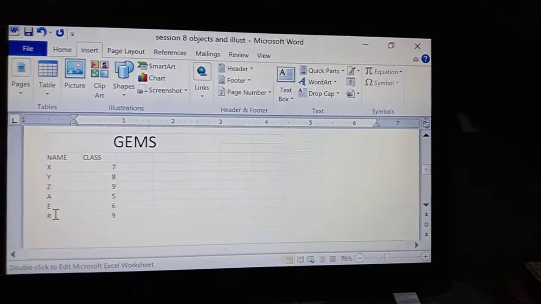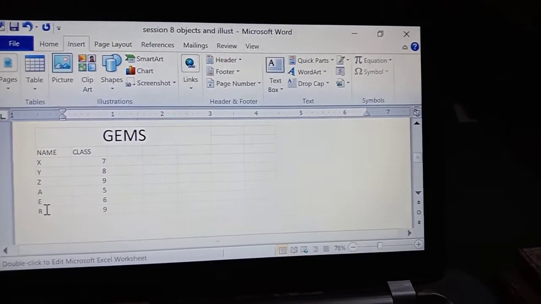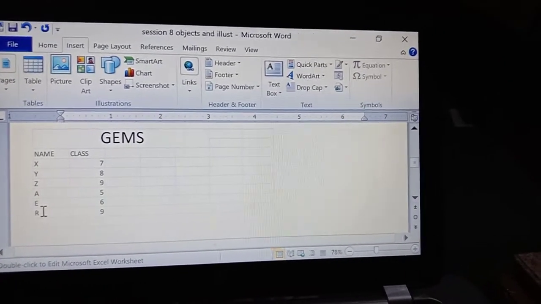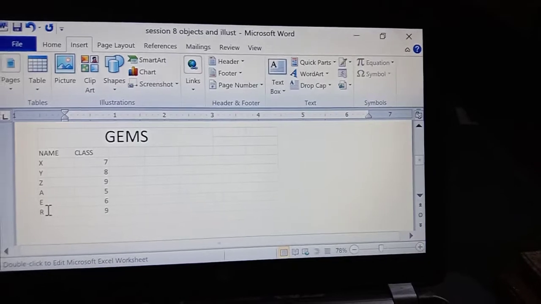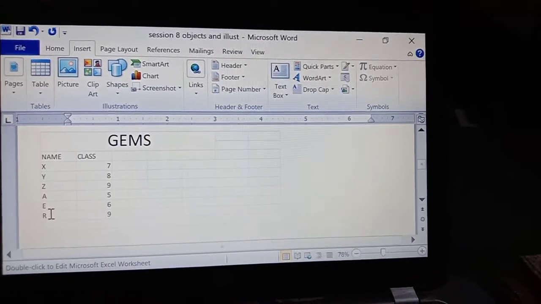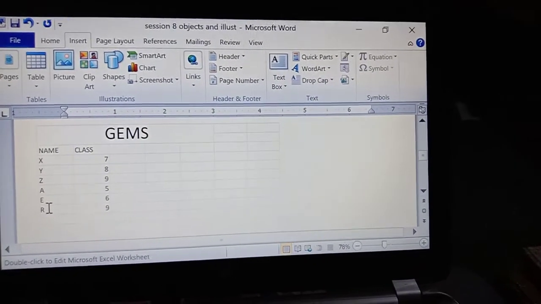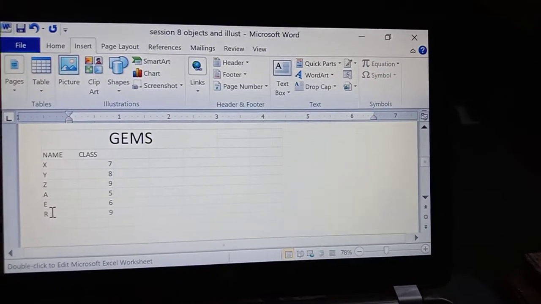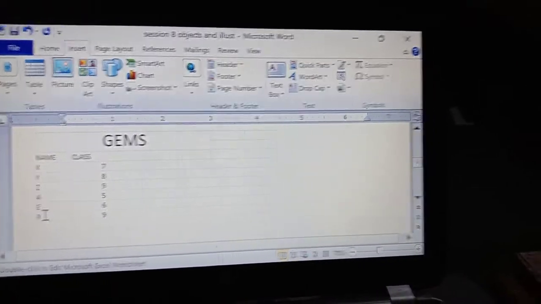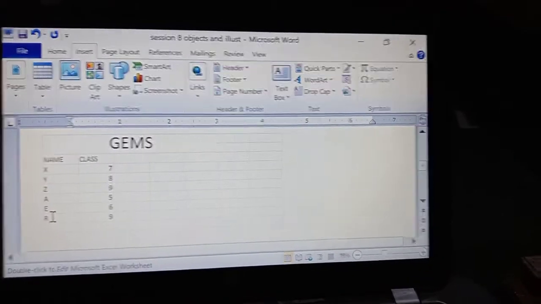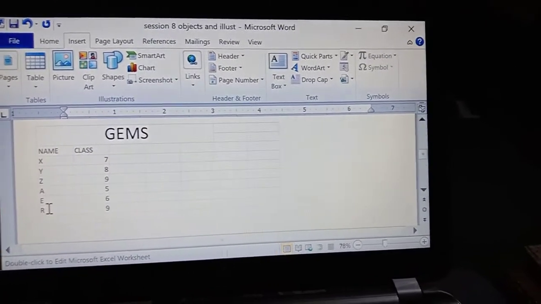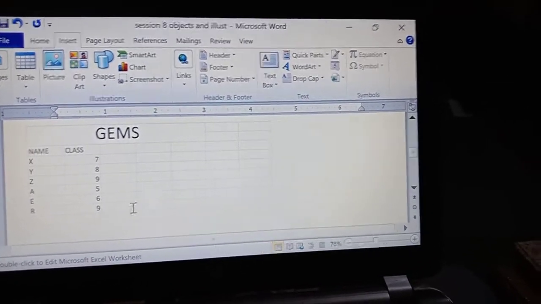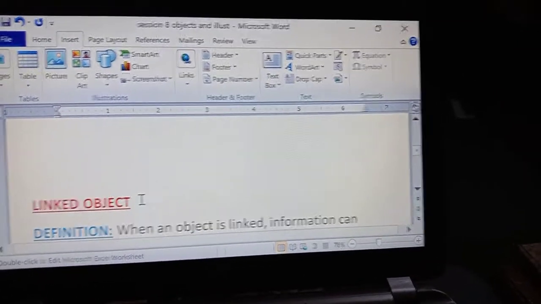That means when the source file is modified, automatic updation takes place here in Microsoft Word. That means the difference between the linked object and embedded object is that updation is possible in linked objects. Updation is not possible in the embedded object.